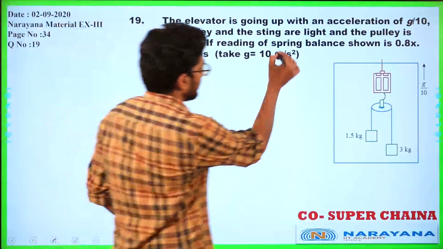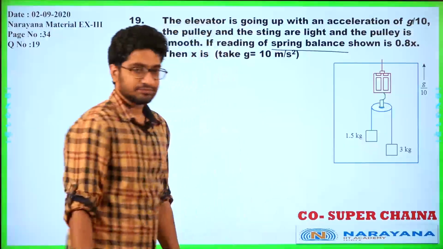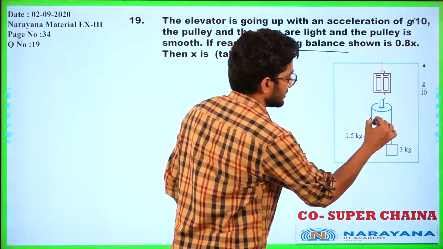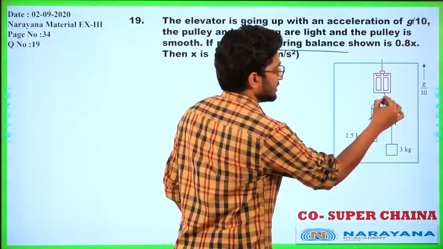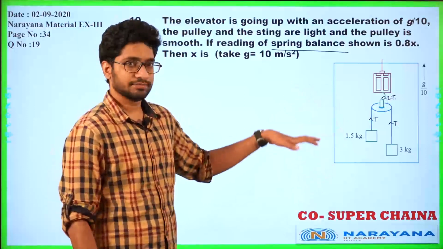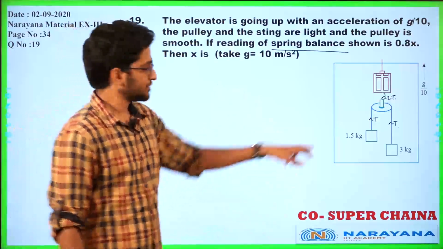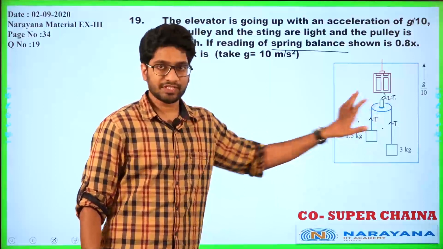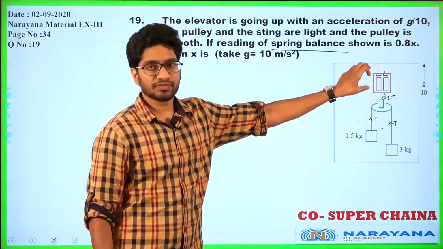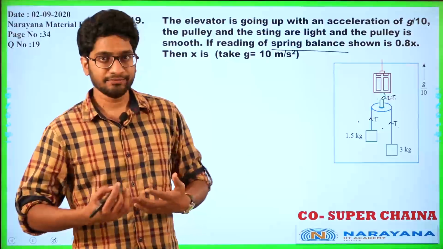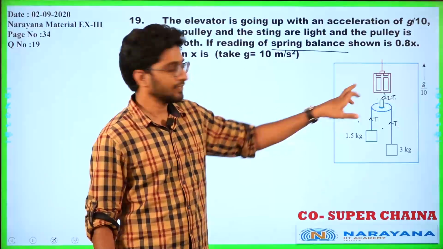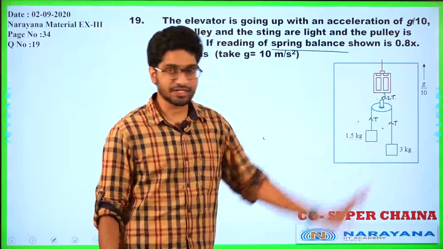So we basically need to find the reading of the spring balance, right? How do I find it? In the normal case, suppose the tension in this string is T, then the tension in this part is 2T, because the pulley should have zero net force. So if the tension at these two points is T, on the pulley it is 2T. That is the tension in the spring also, and the tension in the spring is the spring balance reading. So I need to find 2T, or basically the tension in the string.